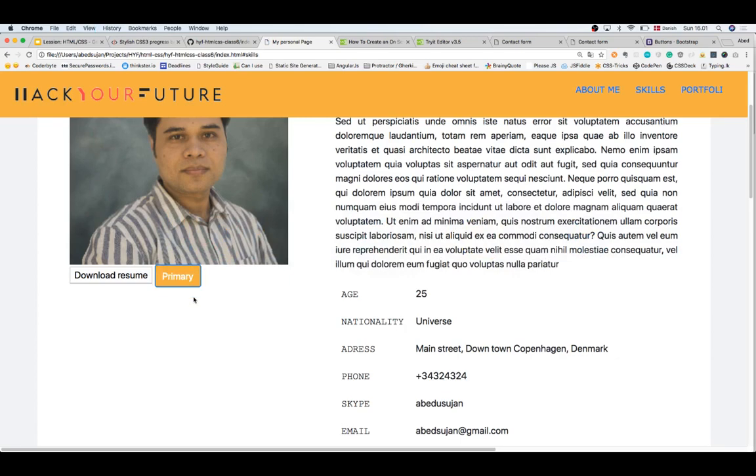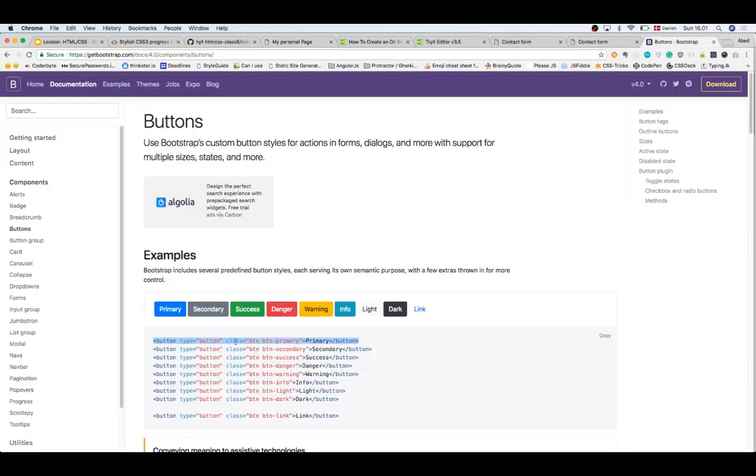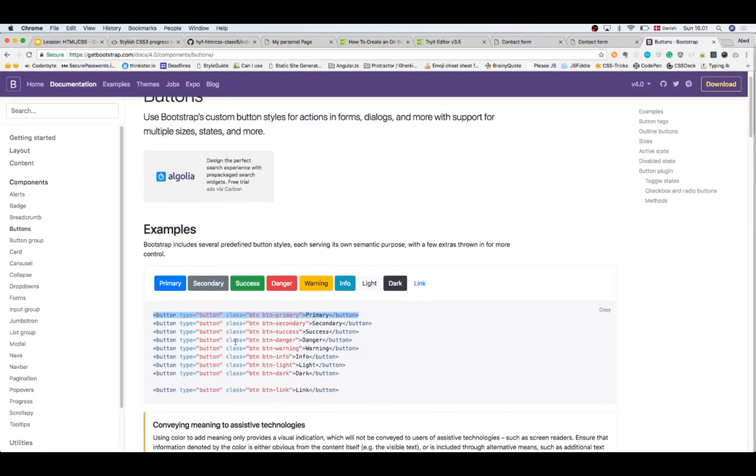And look at the difference between Bootstrap and my design. See, my button is square, right? The corner is square, and the Bootstrap one has a rounded corner. Do you see the button looks much nicer than mine? It has a rounded corner. So all this kind of facility, everything is documented here, what you can get out of Bootstrap. To have this design, we just need to include the CSS file and then adjust our styling, just